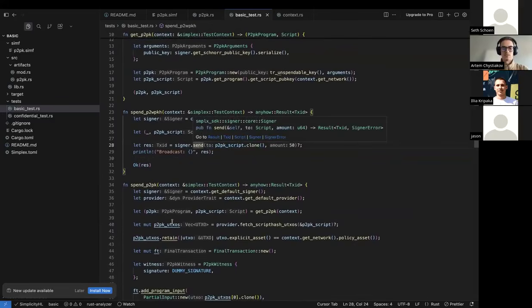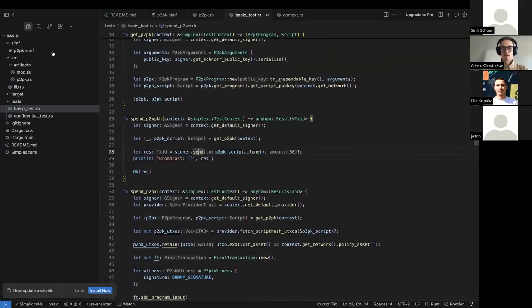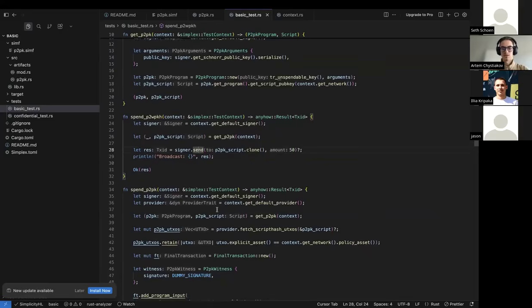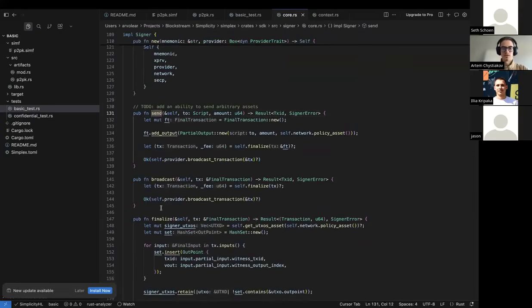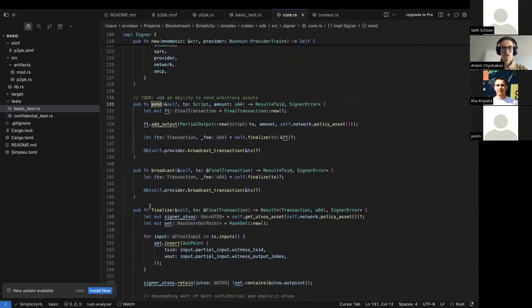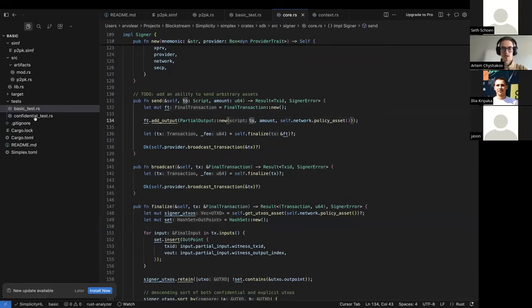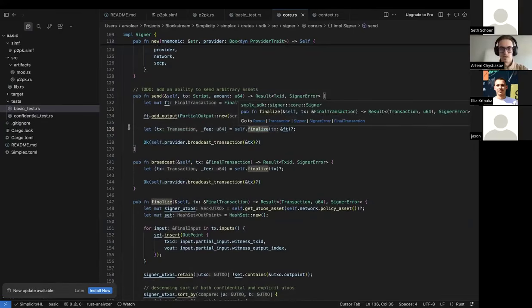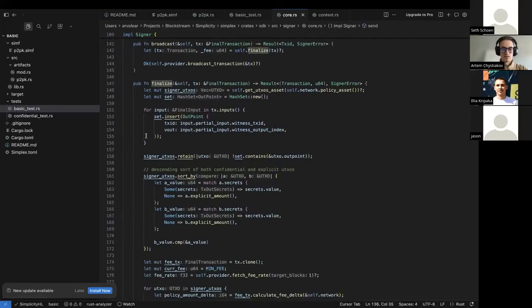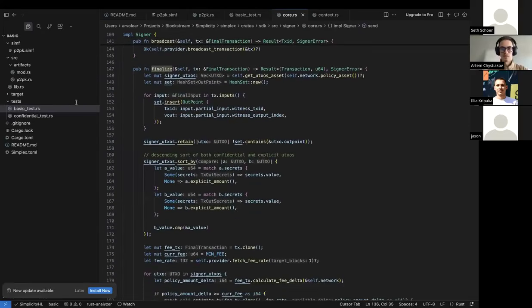Yeah, inside this function is pretty complicated, but to the end user, it is super convenient to use. So we can quickly take a look at what this send does. Under the hood, it creates a transaction with one output with policy asset and this script that we provide. It calls finalize and then broadcast. And this is the same finalize that we are using in our lending protocol. And yeah, it quickly gets a bit complicated,